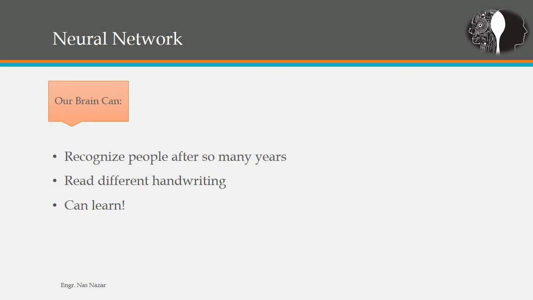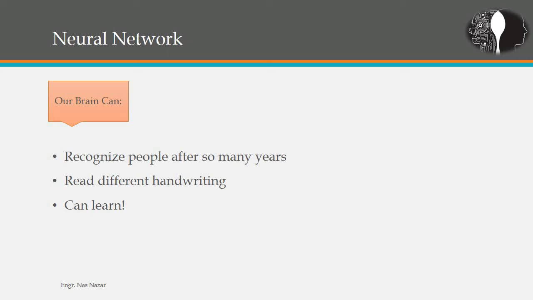A human baby, when wanting to catch some object, is actually trying and failing until finally catching the specific object. Eventually, their brain is calculating the cosine function based on the distance of their eyes and the distance to the object. But they are not aware of that. They're just trying and failing until they can catch the object. Our brain is amazing. Our brain can learn over time.